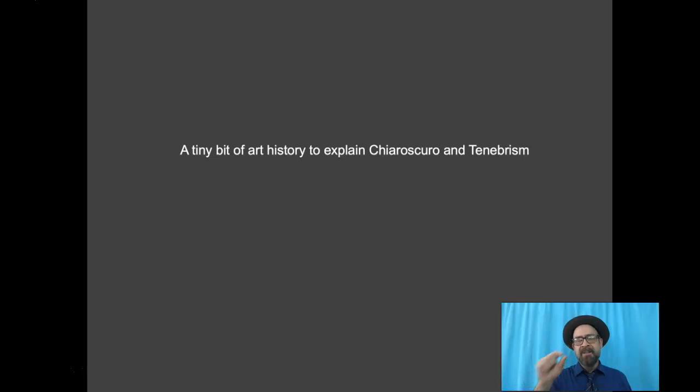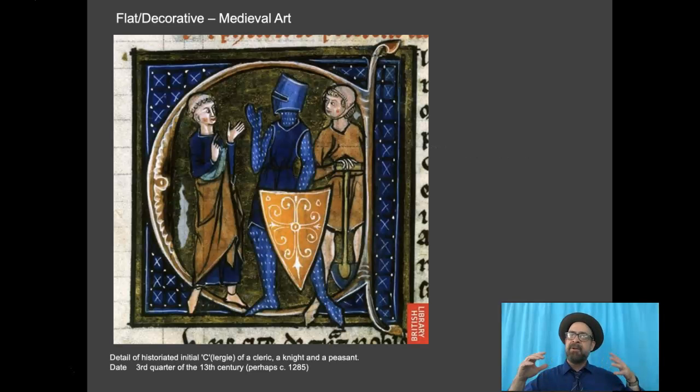So a little bit of art history ahead of Chiaroscuro and Tenebrism. Like there's art that is decorative and flat, right? Remember, we learned decorative and plastic. Those are like two opposing forces in value. So medieval art, pretty decorative, pretty flat. That's the way they liked it. If there was any hint of shadow, it was almost accidental. Okay,